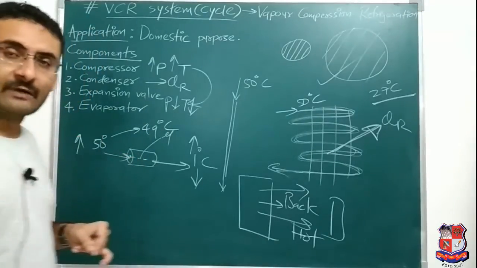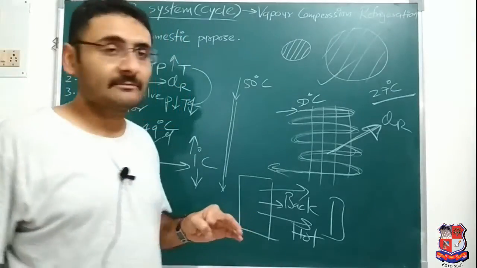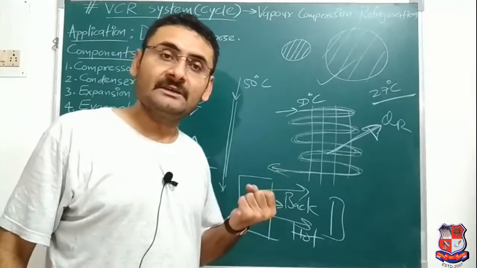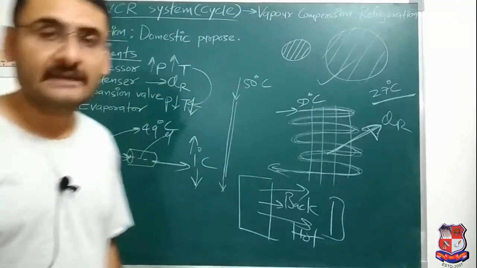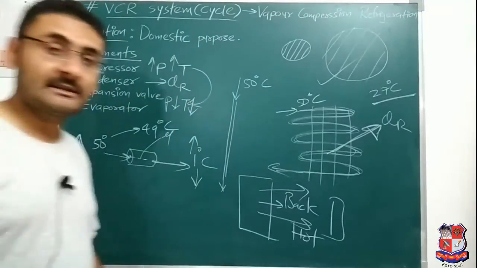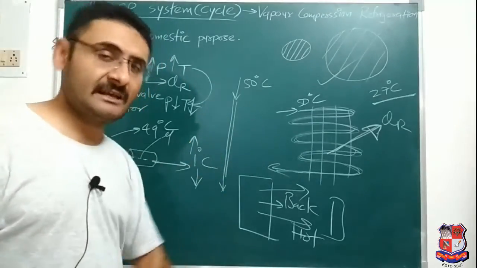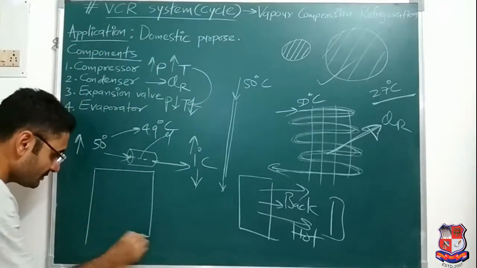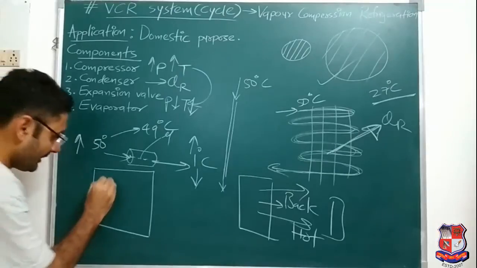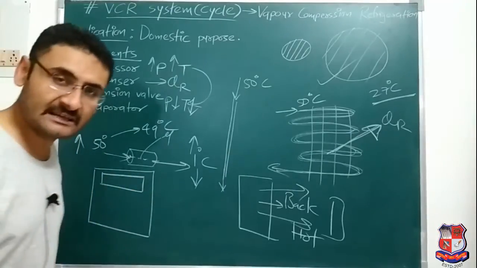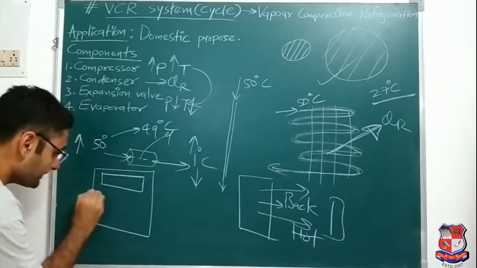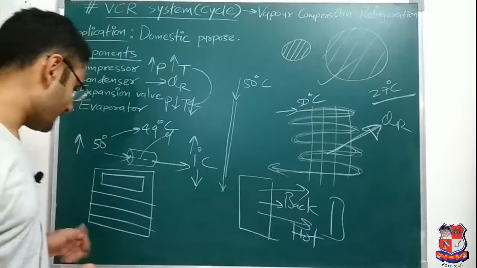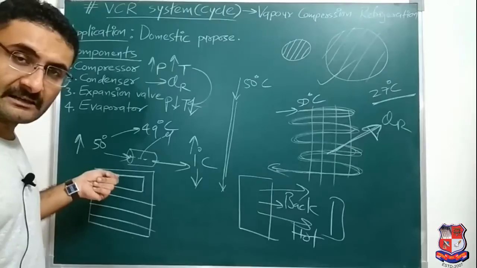Now the last one is what? Evaporator. Now evaporator means what? Again it is a device. Which type of device is it? Once again it will absorb the heat and maintain the low temperature of a remaining space. Now the question may come: how will it absorb the heat and maintain the low temperature? For that purpose I will draw one diagram, suppose this is your fridge, and over here is your deep freezer in which you are freezing the ice, and these are the remaining compartments in which you are putting vegetables, chocolates, etc.